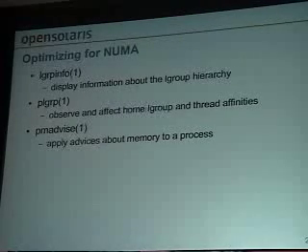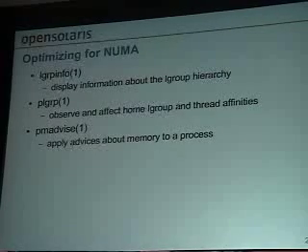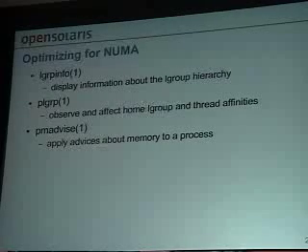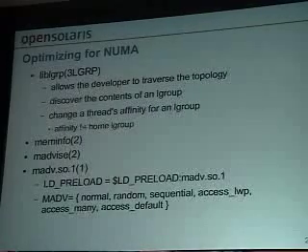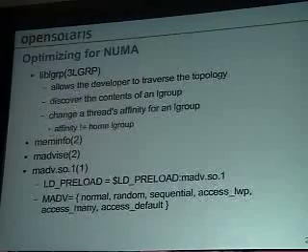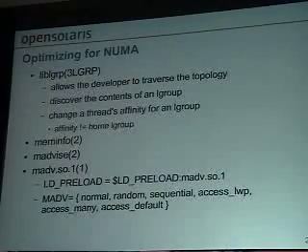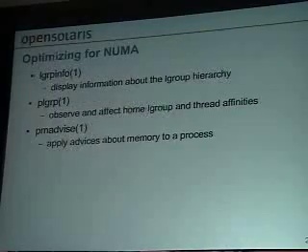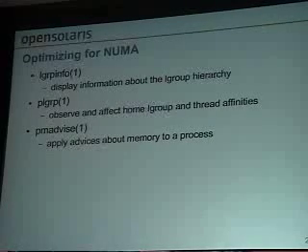pO group you can use to observe and affect home L group and thread affinities. That's the command I told you about that you can use to change the affinity of a home L group, affinity of a thread, sorry. And pmadvise, which is the same thing as madvise, only that if you're using a syscall, you can do it inside your code. And if you're using pmadvise, which is a command line tool, you can only do it